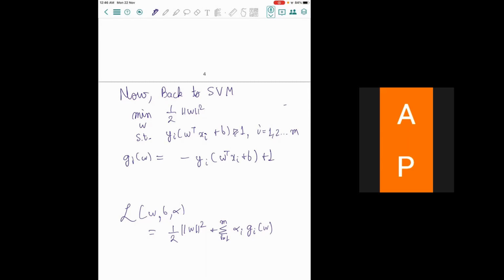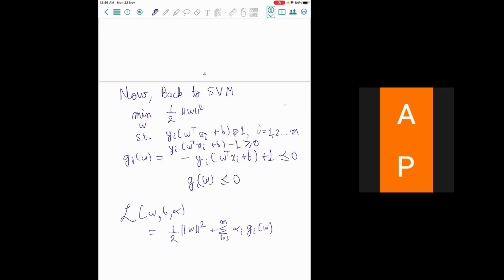Because this condition which we have has to be greater than or equal to 1. So if we take 1 to this side, we have y_i (w^T x_i + b) minus 1 is greater than or equal to 0. Then we multiply the whole by minus 1, so this is less than or equal to 0. So we get g_i(w) less than or equal to 0,